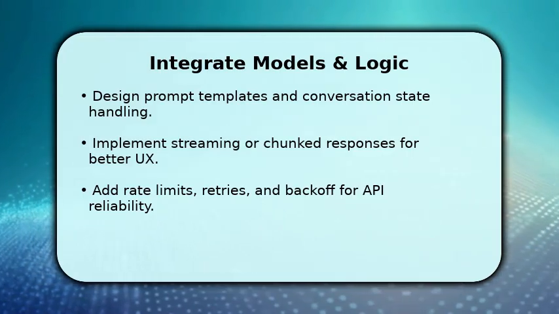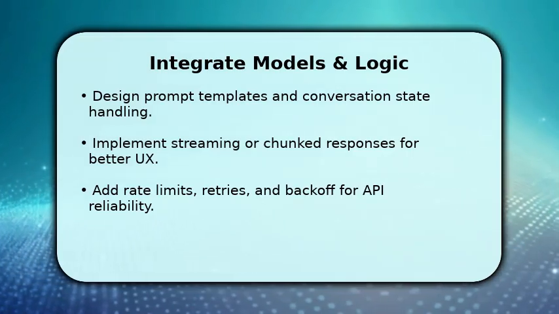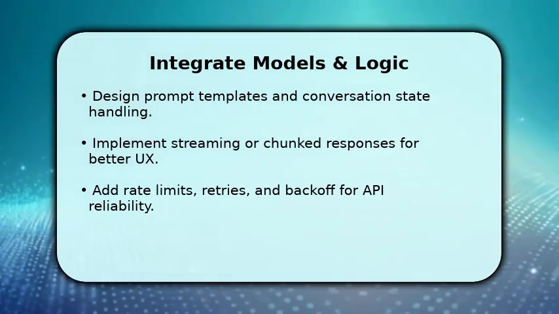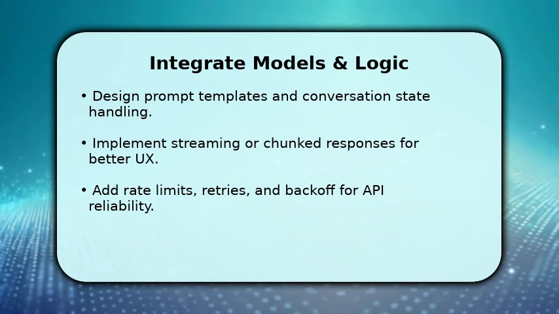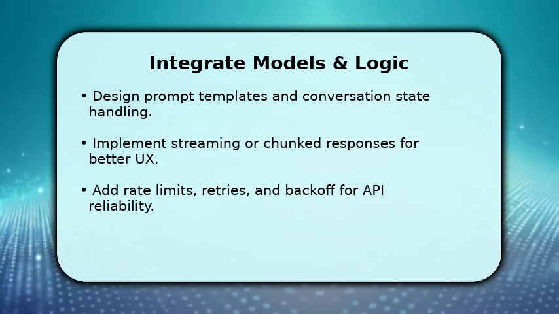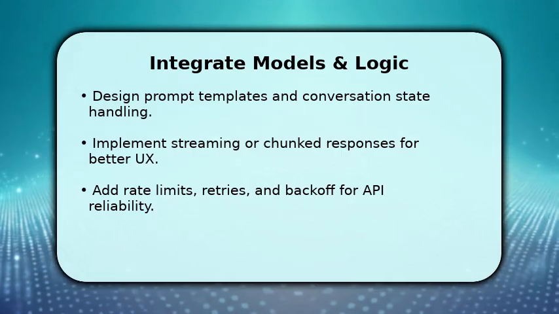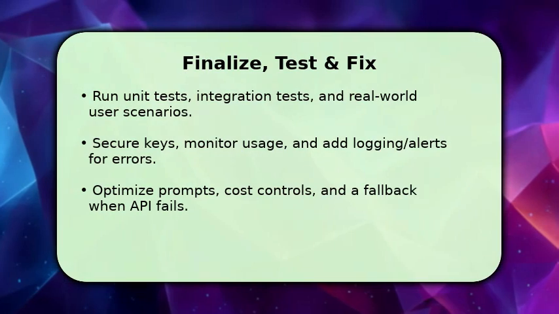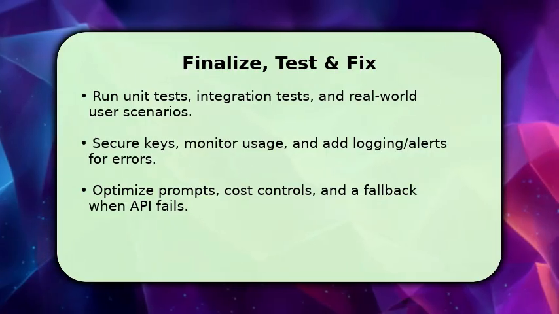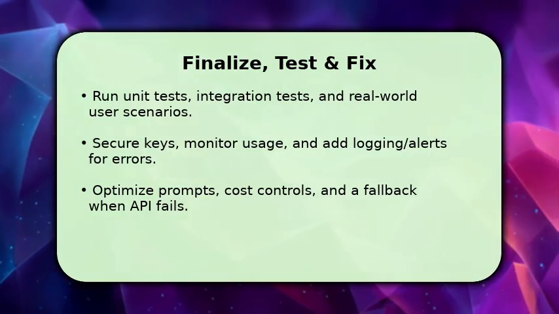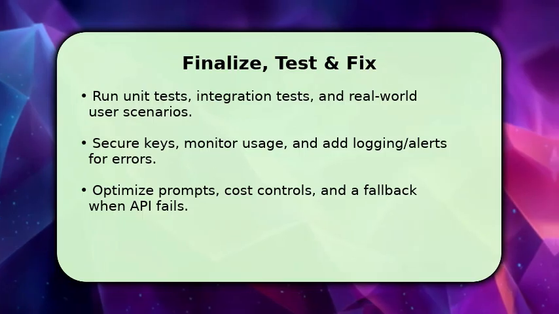Otherwise, chunk long outputs. Also add retry logic with exponential backoff and simple rate limiting to handle transient API errors. Finish by validating end-to-end flows and running load tests that simulate real users. Make sure secrets are rotated and stored with proper permissions, and add monitoring and alerting for error rates and cost